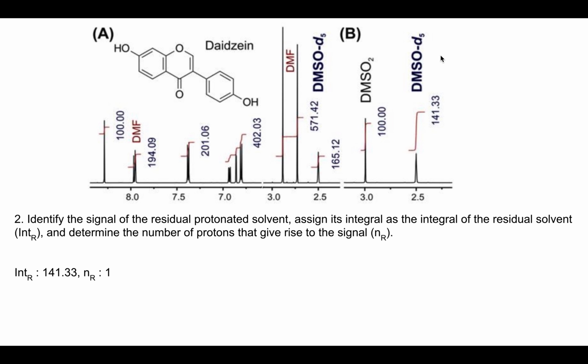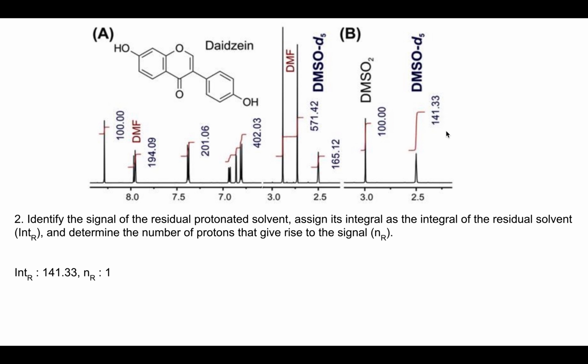Typically you would have 6 deuterium atoms. However, if you protonate that deuterated solvent by replacing one of the deuteriums with a proton, then that becomes a residual protonated solvent because it becomes visible in the NMR spectrum because it now has a proton on it. So this is our protonated residual solvent, and this has an integral value of